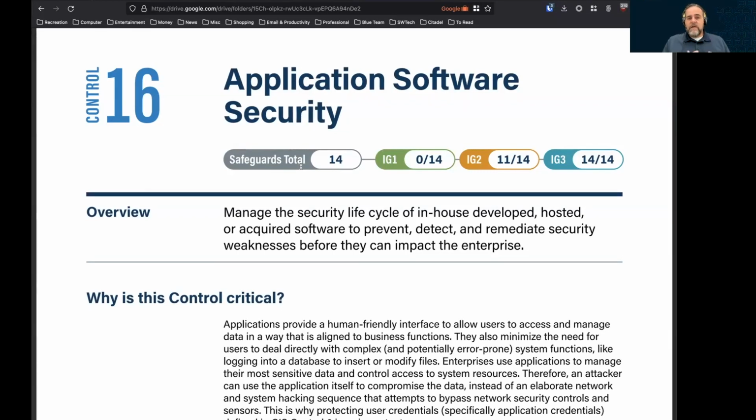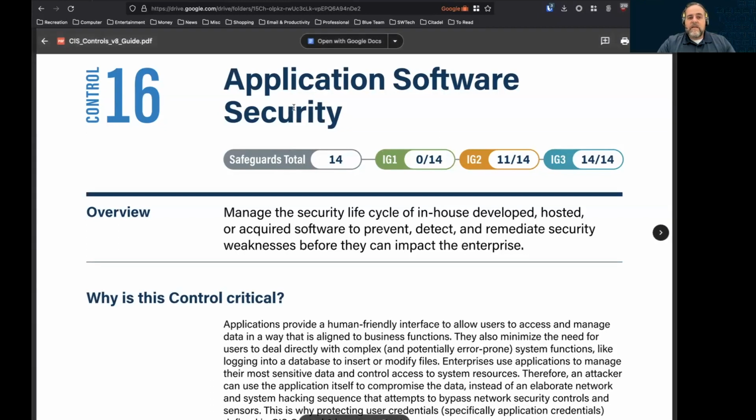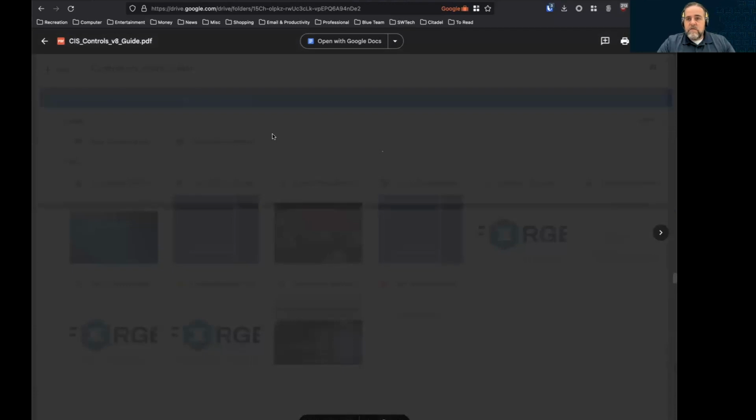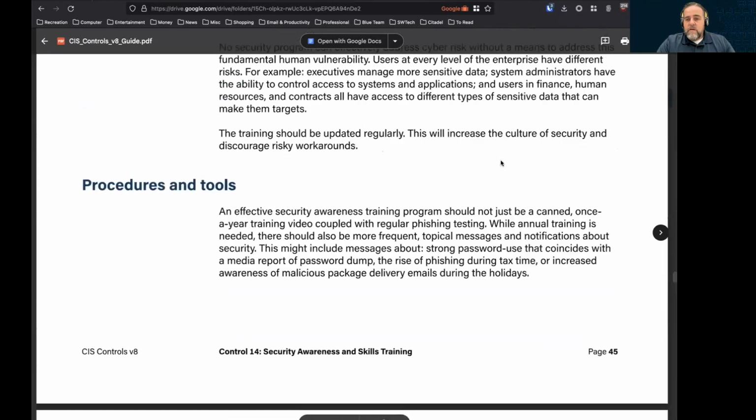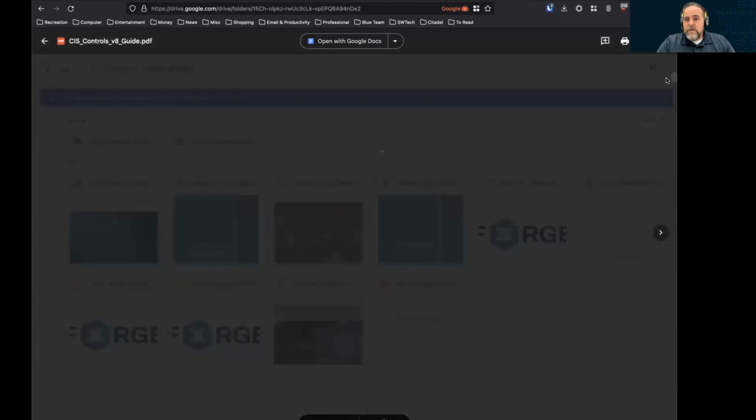I don't need to make up any rules to simply say I'm doing it to check a box, because all of this is within my own purview. I get to determine what I'm doing here because I don't have any requirements. So I think that Control 16 is not applicable to me in any way, shape, or form, so I'm going to ignore that. All right, so let's scroll back up to the top.